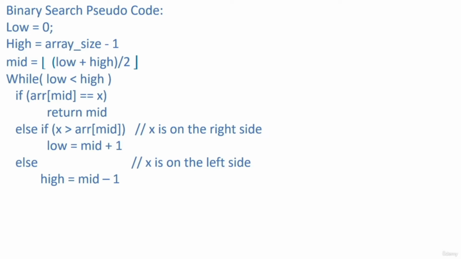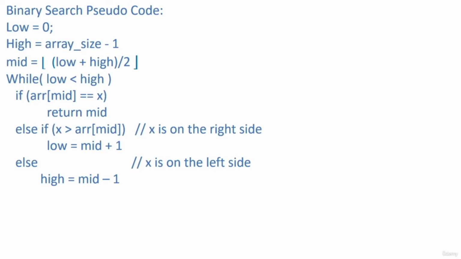And hence we say while high is greater than low. Now here if we see the required element x at ARR of mid index, then we return the index of that element. Else if the element x which we are going to find is greater than ARR of mid, then we shift low to mid plus 1, because we know that in a sorted array, if we are on a particular position, then all the elements on the right are greater than that element. Similarly, when our required element is less than ARR of mid, then we shift our high to mid minus 1,